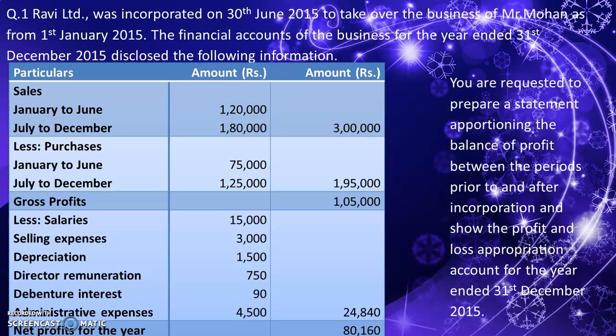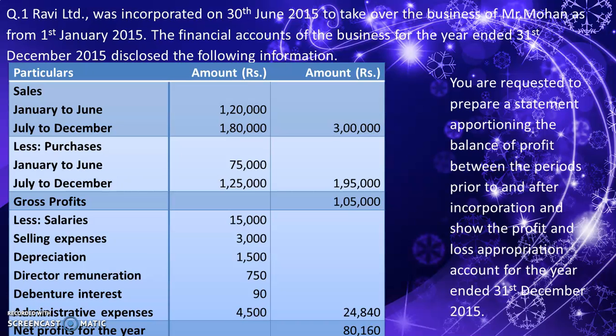Particulars, sales, purchase and gross profit are given. So with the information of sales, we can find the sales ratio, and sales has been given as two, like pre-incorporation period sale and post-incorporation period sale. So with this, we can find the sales ratio. Because the sales ratio is to be computed, the sales related for the period of pre-incorporation is to be compared with sales related to the period of post-incorporation. So 1,20,000 is to 1,80,000 will be the ratio for sales ratio.